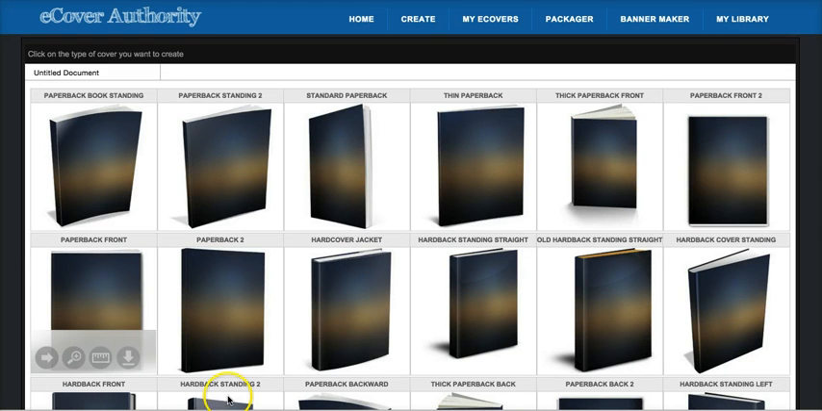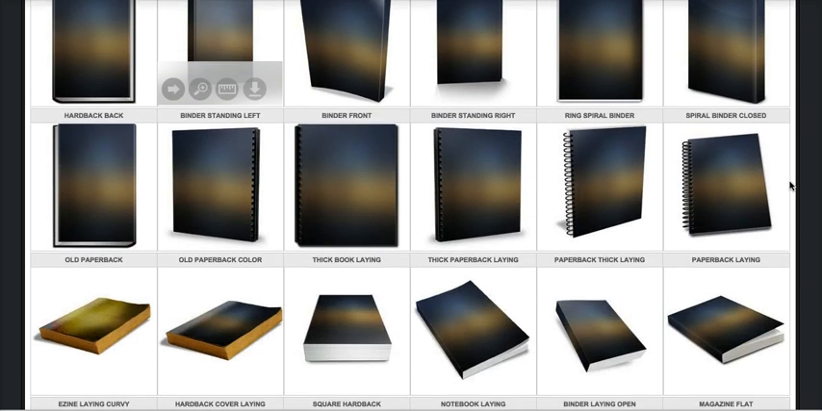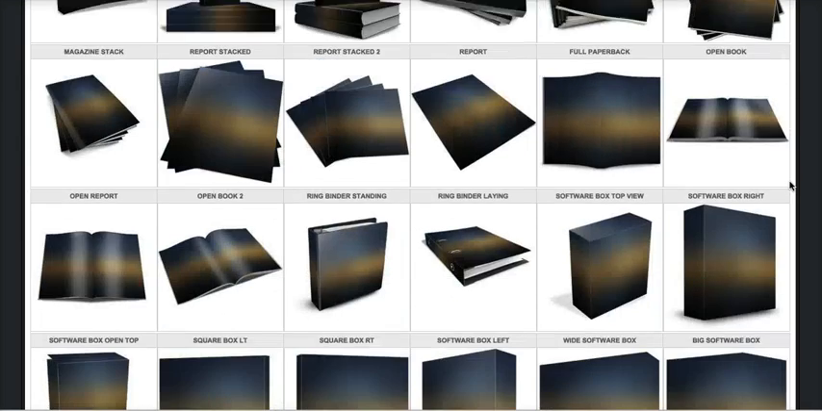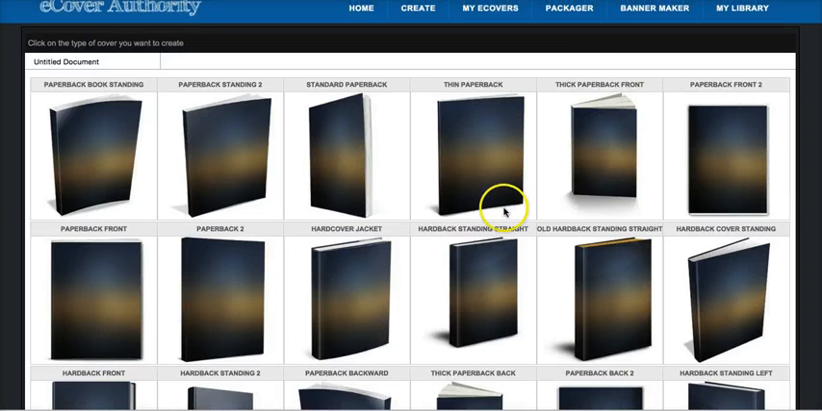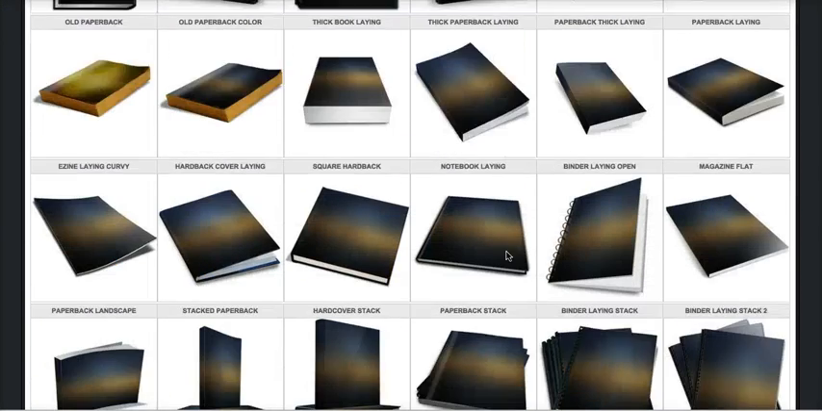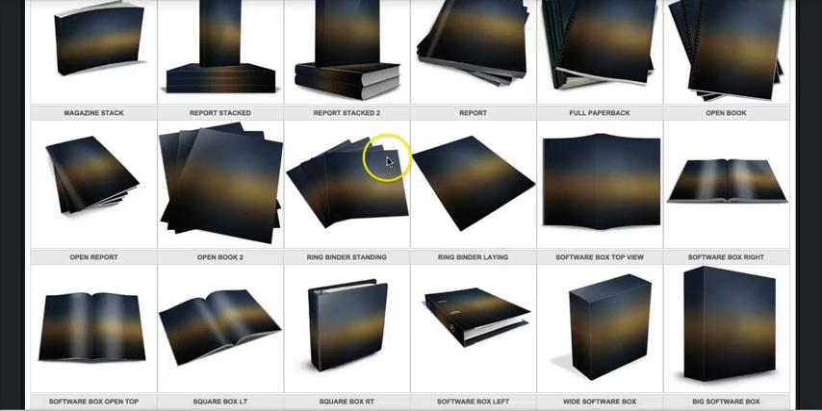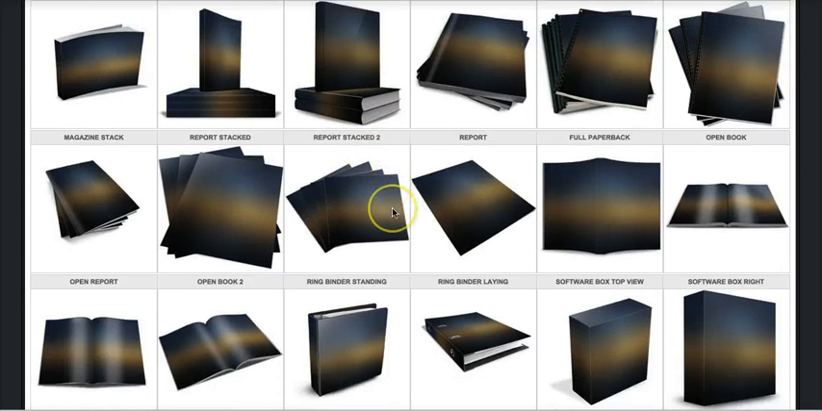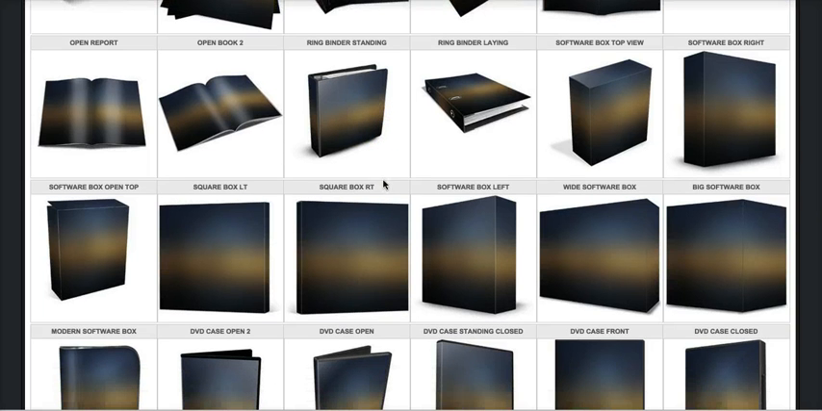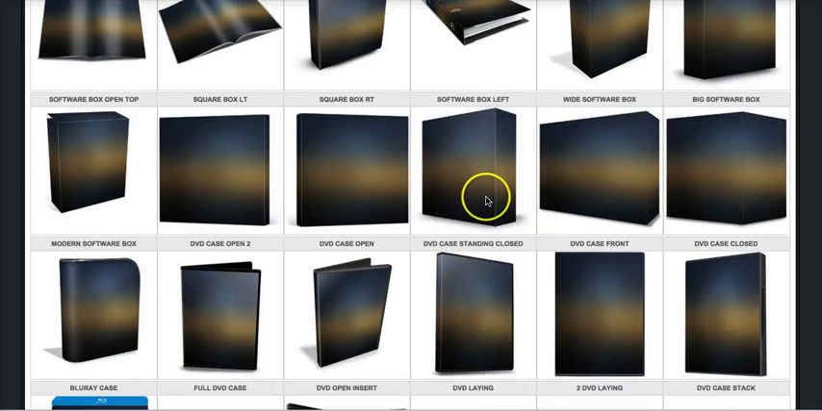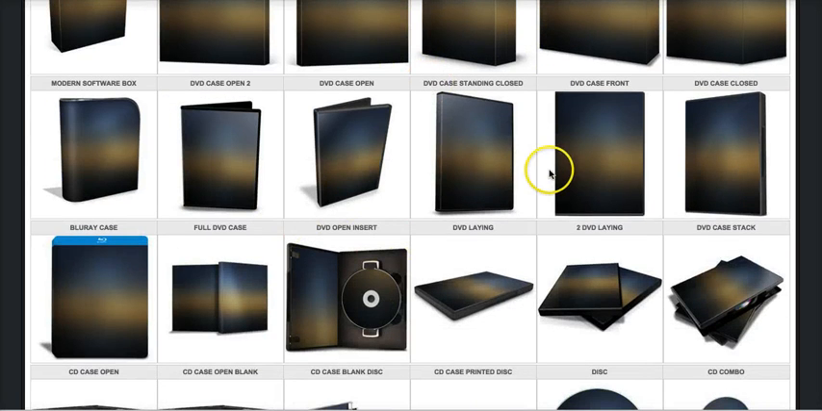So now we're inside the members area where you can see the different kinds of 3D e-covers that can be created, and we have a lot of templates. It's over 135 templates, all right? So we start with the classical ones here, as you see: the ebooks and the reports and special kinds of book bundles and ring binders, software boxes, all kinds of formats,